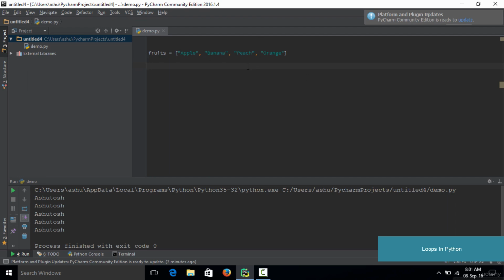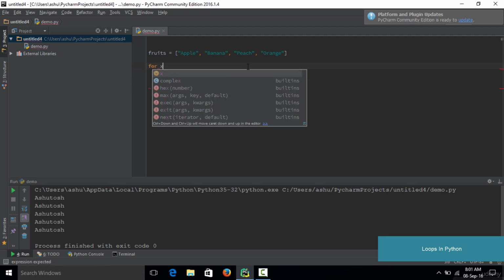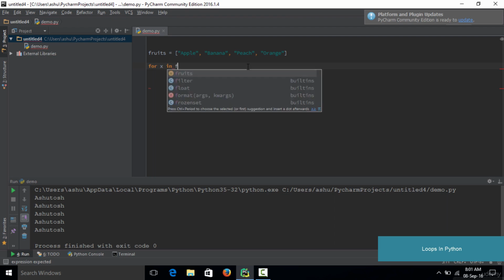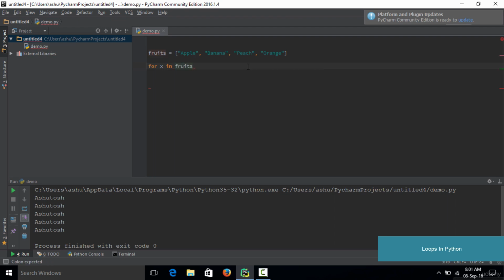So again, we go down below here, type in for. Again, you could take a variable x, or you could also name this variable as anything. So we type for x in, and this time instead of having a range over here, what we are going to do is that we are going to specify the name of the list. So the name of the list in this case is fruits. So I'm going to type in for x in fruits, give a colon,